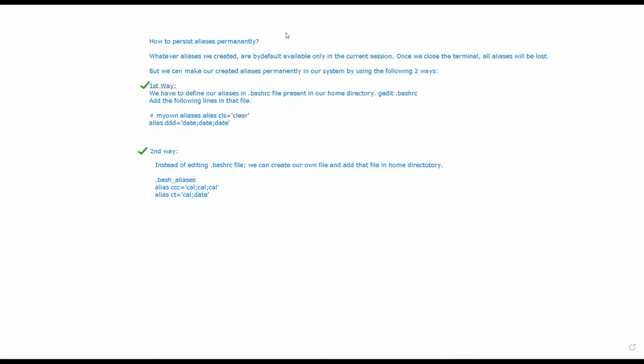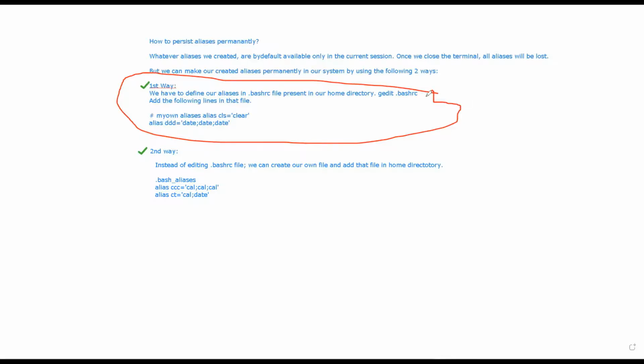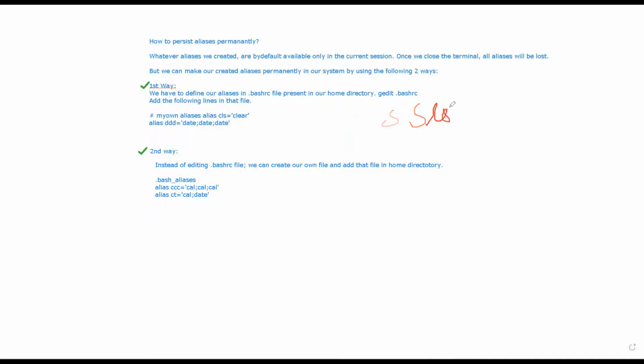But the limitation is that these aliases will be available at the session level, meaning only until your terminal is open.